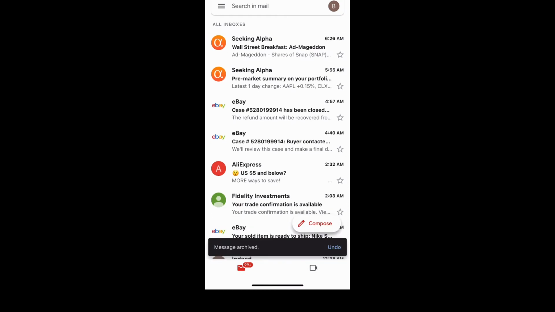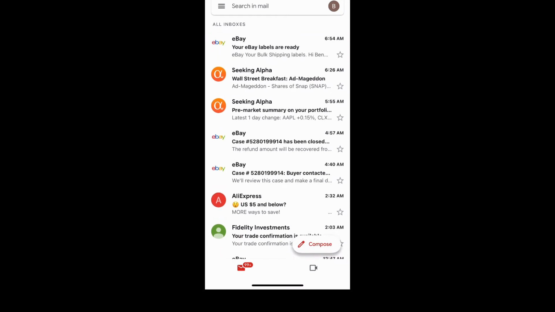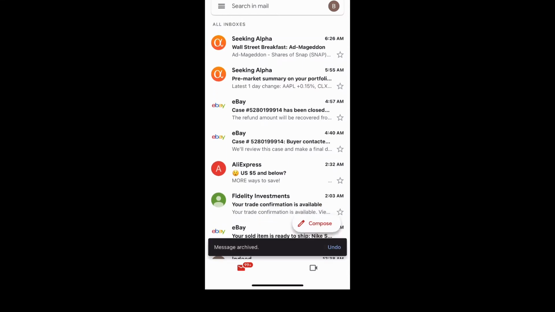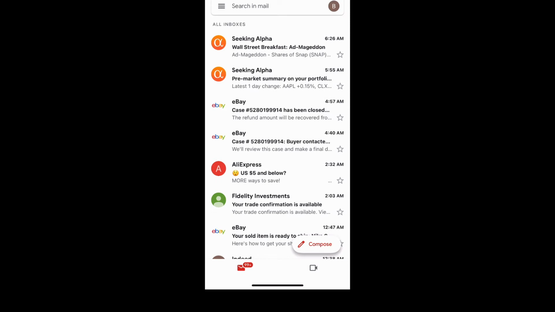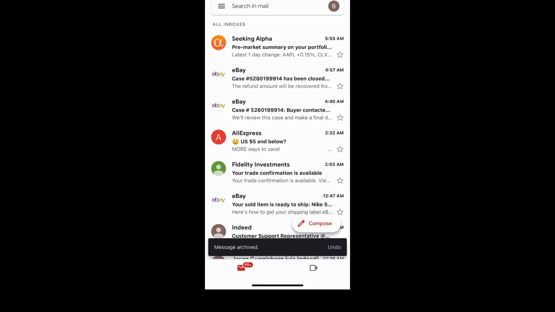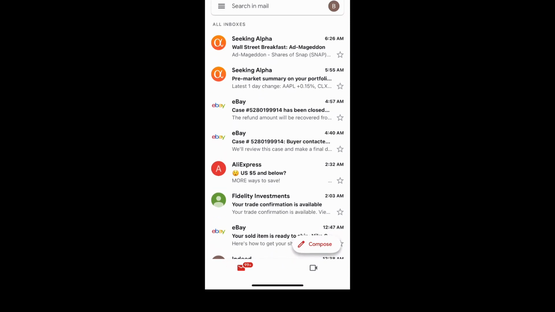So in order to do this, as you're going to see, you're just going to swipe left on the email, and once you swipe left, it's going to bring up that little green menu, but you don't have to press anything further than that. You just swipe left and it automatically archives, because that's the only option. As you can see, once you're doing it, it archives it, and then you'll be able to just never see